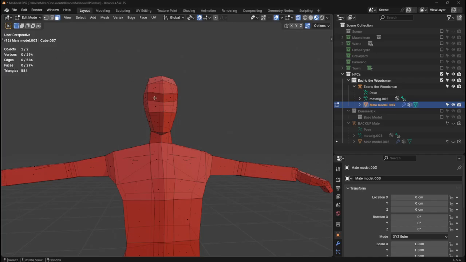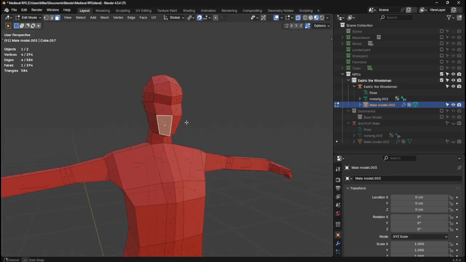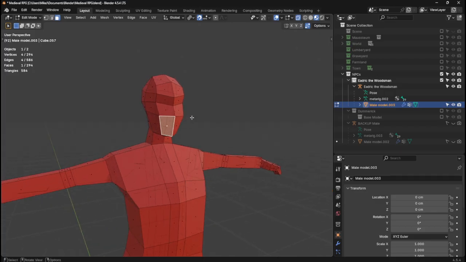Okay, so the eyes were on this bit here. I remember I inset and adjusted the size. And then the mouth was about here. Because this guy's going to have a beard,